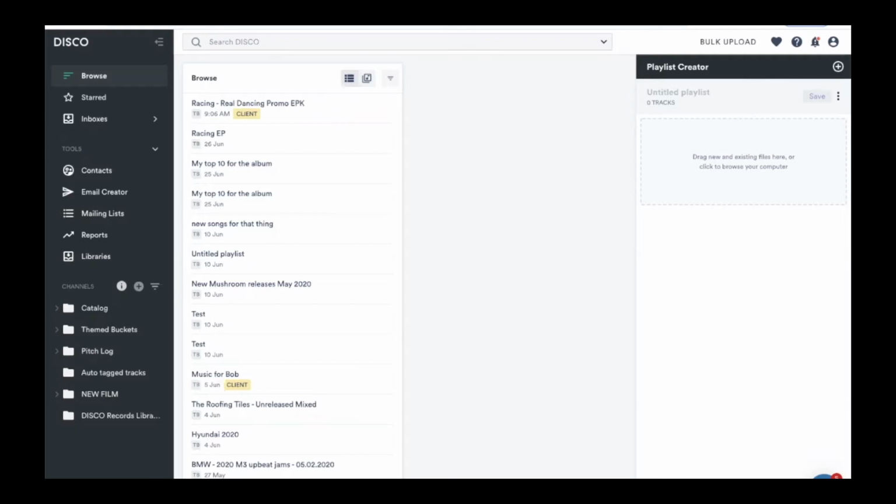To give you some background, Disco was built by a music supervision company called Level 2 in Australia as a means of collaborating more effectively, making sure people weren't doubling up on work and having libraries combined so you could get the best out of your creative self and collaborate effectively with colleagues.